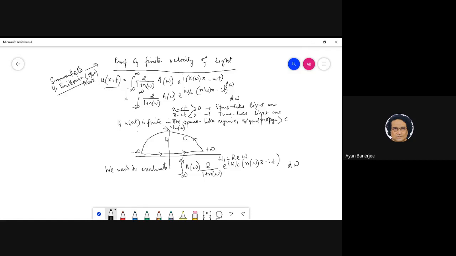So we are basically going to say that because it is going to vanish here, therefore x minus ct is not a proper solution in the upper half of the complex plane. Therefore, it does not work. But why is x minus ct greater than zero meaning that this is the upper half of the complex plane? So this is the omega plane. I didn't understand how x minus ct is dependent on the omega plane. It is not. That is exactly right. X minus ct greater than zero does not depend on the upper or lower half of the complex plane.